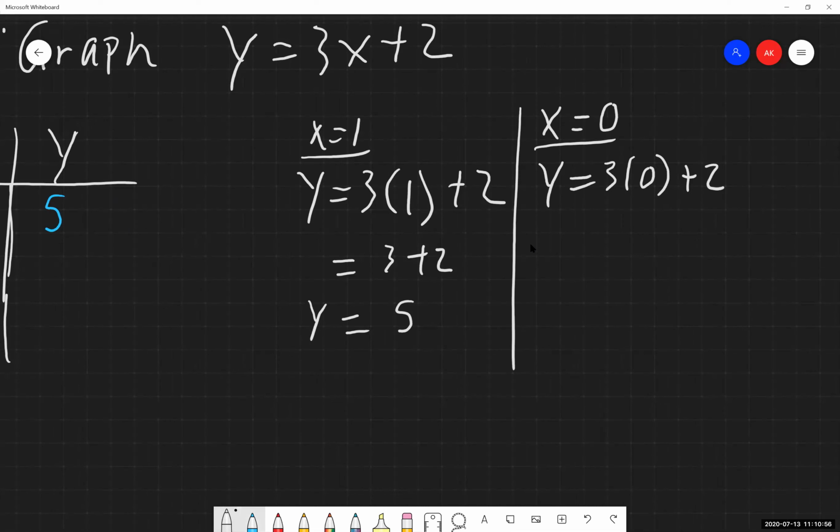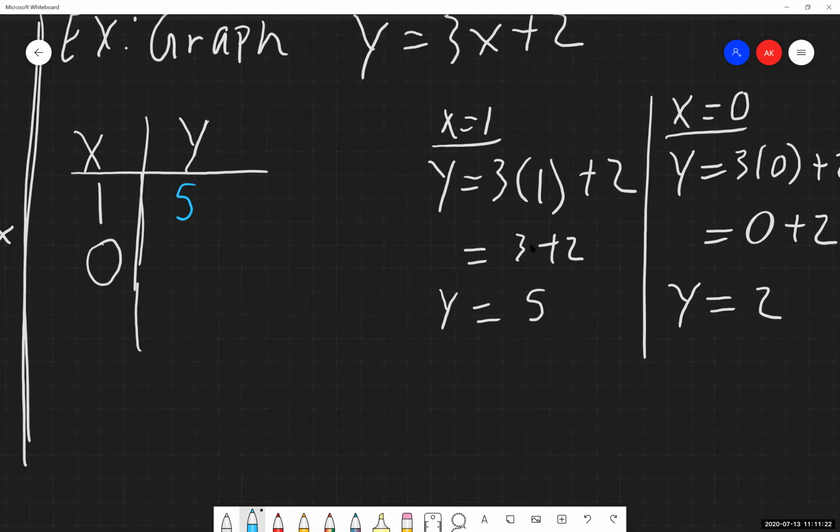Write that in. This first step here of writing in that input value, a lot of people do not do this step. And a lot of people get incorrect answers because they do not do this step. So write that in for yourself. 3 times 0 is 0. 0 plus 2 is 2. So I just found my y value. So with a starting value, an x value of 0, I found that my y value is 2. And good there.